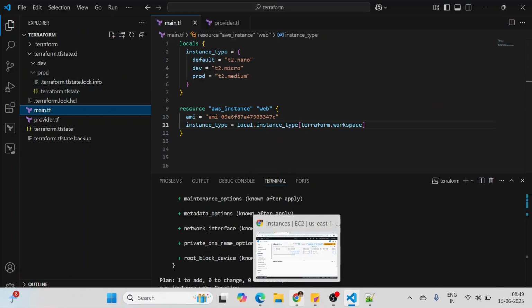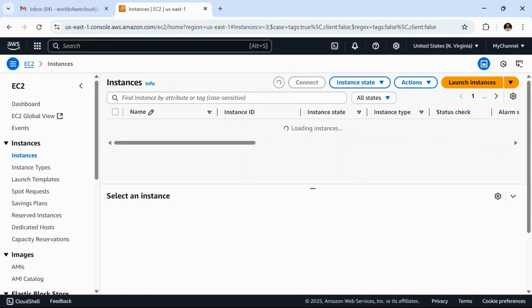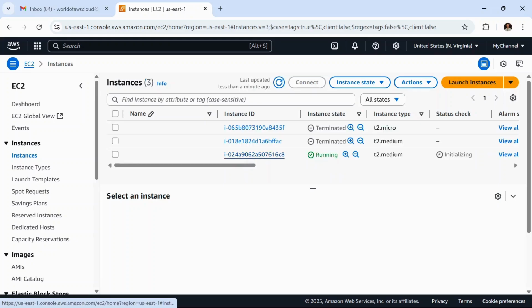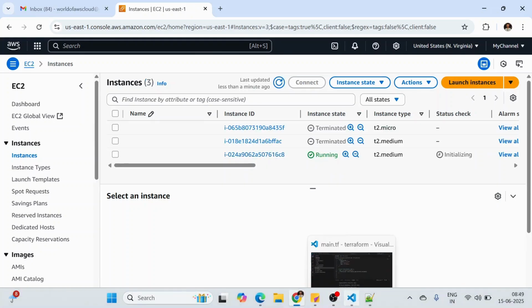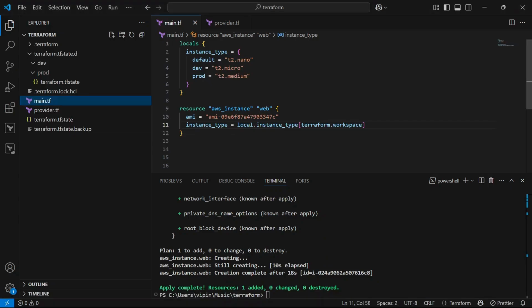If I go here and refresh it, one instance is in running state, that is T2 medium that we have defined here. If our workspace is prod, then we are going to provision T2 dot medium. So it's considering that.